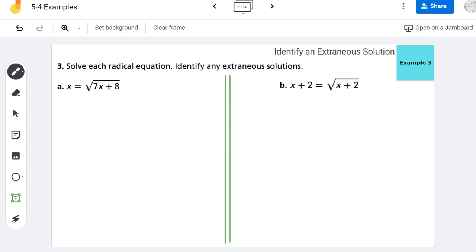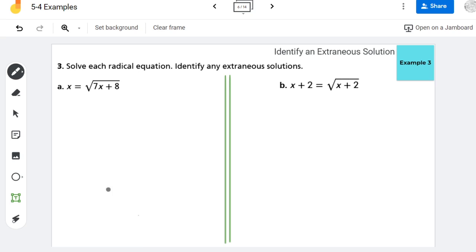In today's video, I'm covering example 3 from section 5-4 in the SavvasRealize Algebra 2 textbook. The goal of today's video is to identify an extraneous solution. So understand, when we say extraneous here, really that just means extra. So sometimes when we use exponents to get rid of roots or radicals, sometimes it generates a second set of solutions. Okay, so for example,